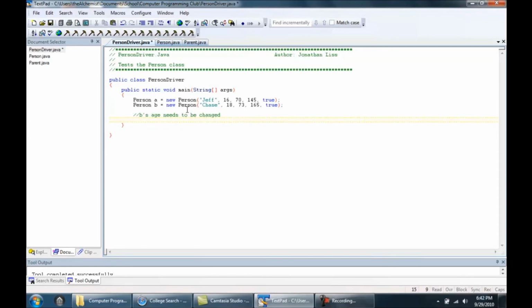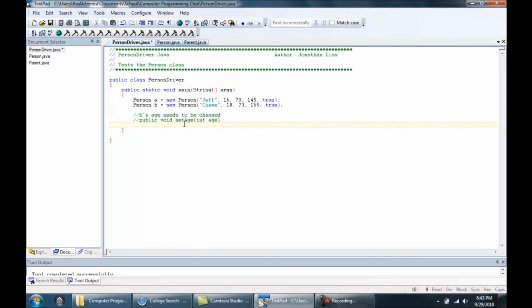Now I'm going to change the age via the set age method that we just wrote. So the set age method that we just wrote, well, the header, looked like public void setAge, int age, right? That's the header, and it looked like that once we added the curly braces. All right. So instead of this, though,